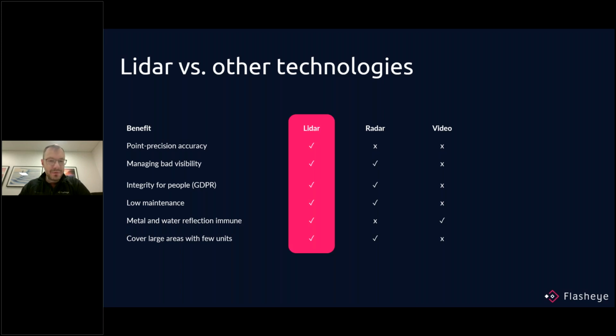Integrity for people, GDPR, this is a very important aspect of our surroundings. LiDAR also has you covered in this aspect. You can recognize that there are people walking around, but you cannot pinpoint that this is person A, this is person B, with name or with some specific data. Low maintenance, that's also something which is very important in the industry, and LiDAR has this low maintenance parameter at